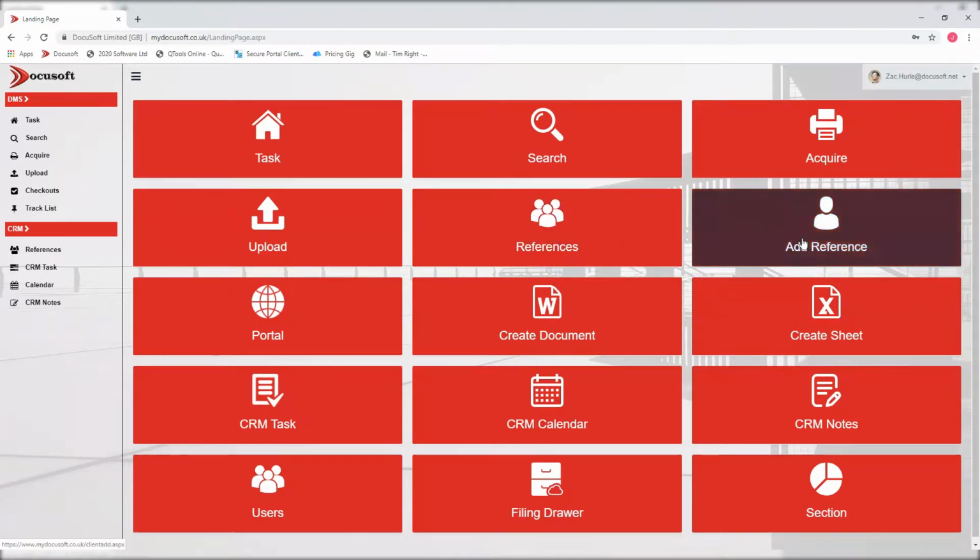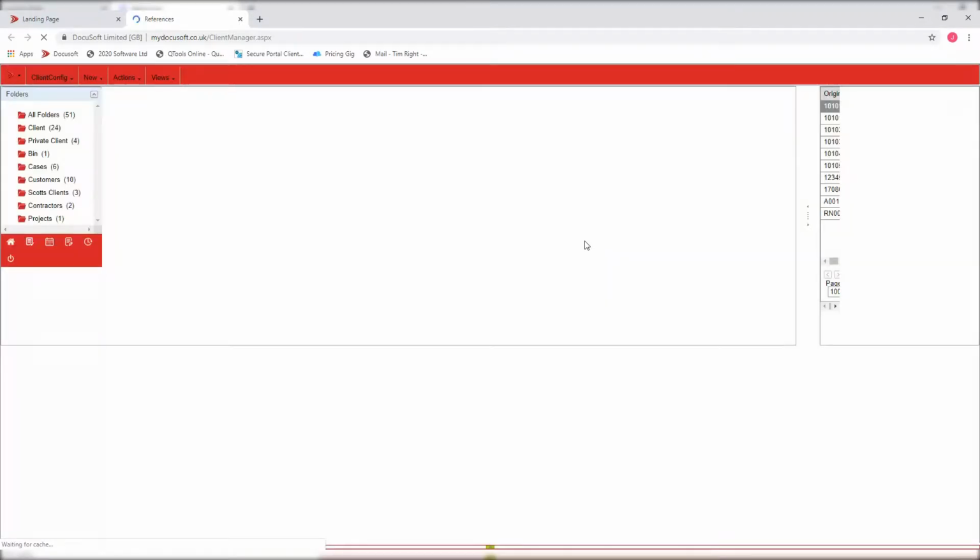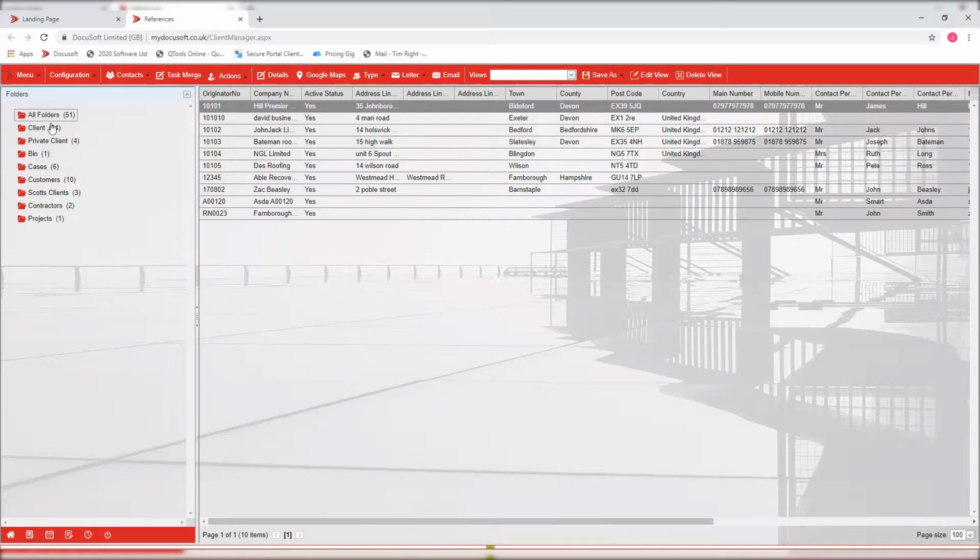If you go on to add reference, that's how you can create a reference or create a client within the system, or you can do that within the references screen anyway. So we're going to look at just the references screen. If I click onto that, it will take us into the client manager. And from here, you'll be able to see down the left-hand side, I've got all of my folders set up,